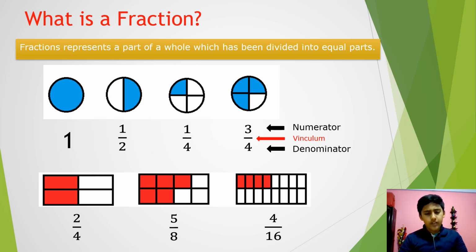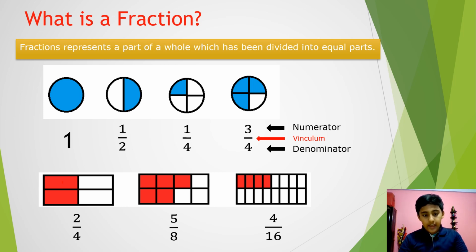The line that divides the numerator and the denominator is called the vinculum. The number above the vinculum is known as the numerator, and the number below the vinculum is known as the denominator. So we have more examples, like there are 4 equal parts here and only 2 are